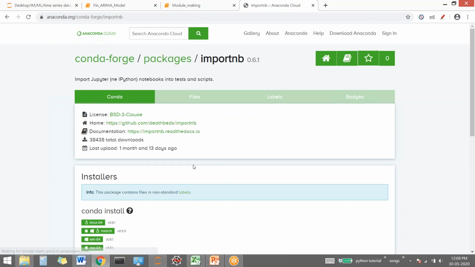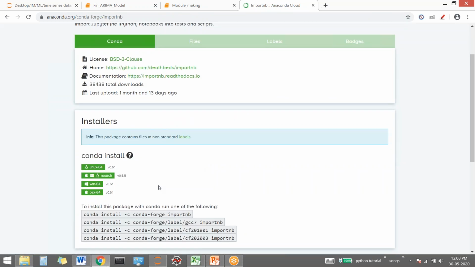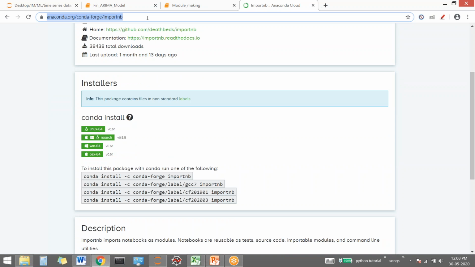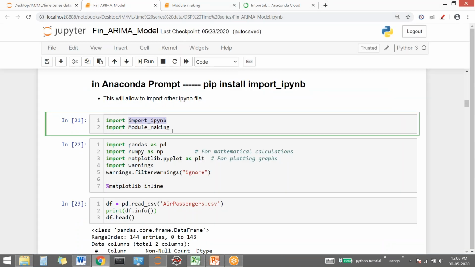So you first have to install this, then only you can import a Jupyter file. So yeah, I'm sending you the link. Just go to Conda install, then you will be able to install this package. Once you have installed it, then only you will be able to import another file.